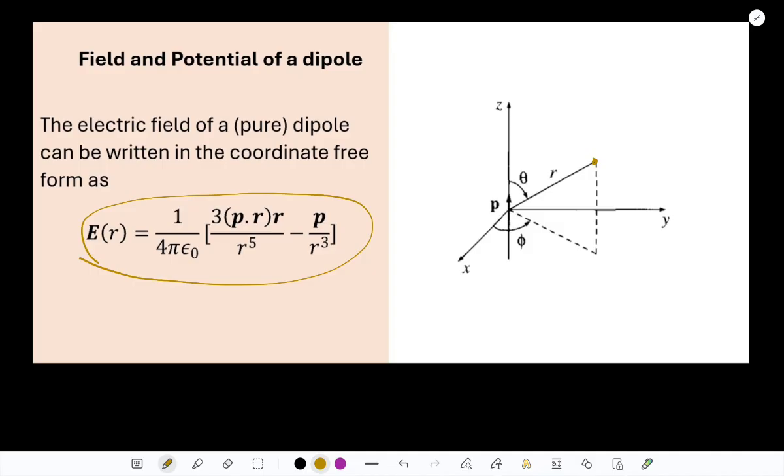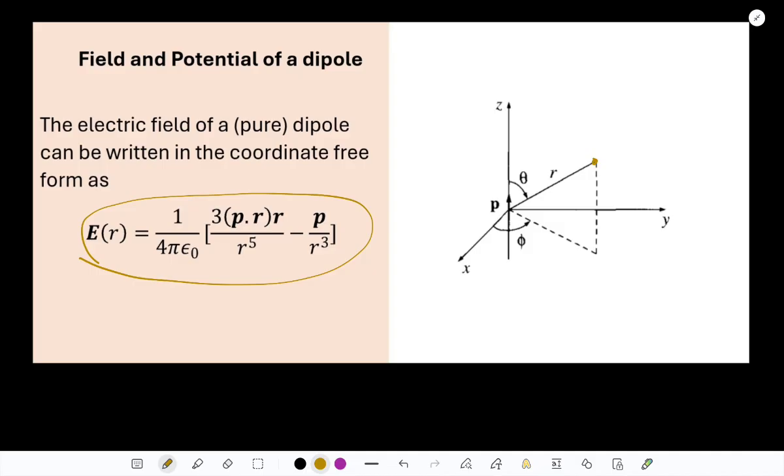So I'm going to write down in this form. My job is to simply write the formula for electric field in this coordinate free form, and to do so